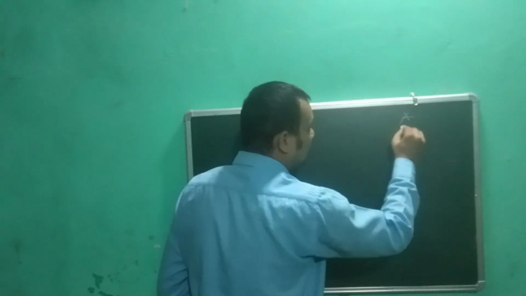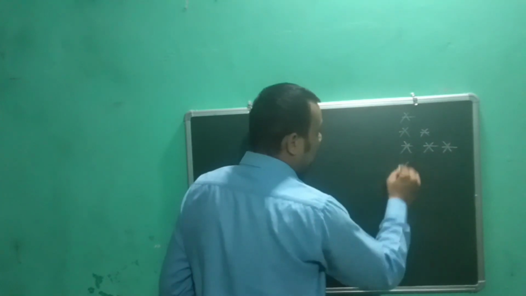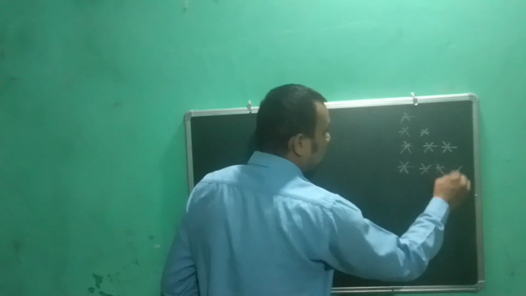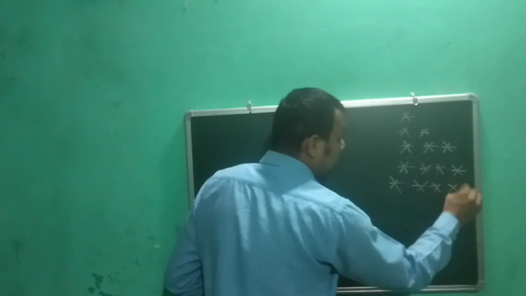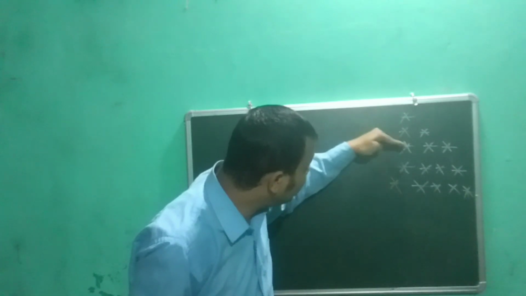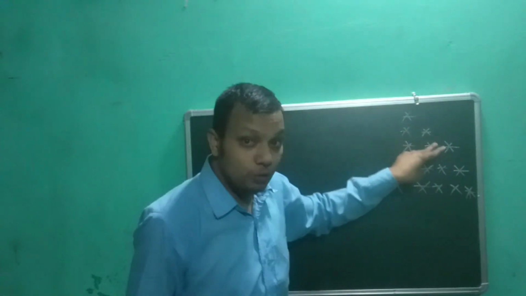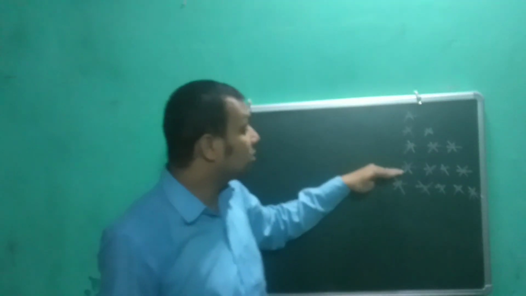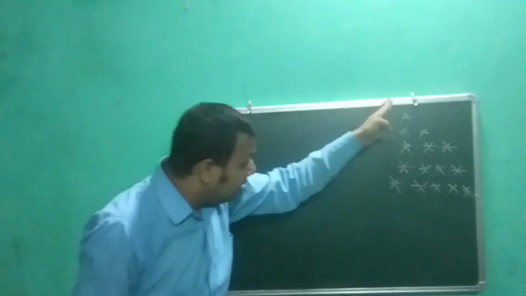This is what? Single star in one line, second line 2 times, in third line 3 times, in fourth line 4 times, and in the fifth line it is 5 times. Okay, this is the pattern. We have to guess the pattern. What is the pattern? How many lines are printed? 1, 2, 3, 4, 5. Okay, and in first line 1 printed, second line 2 printed, third line 3 printed, fourth line 4 printed, and in the last line, the fifth line 5 printed. So let's understand this pattern and let's make.